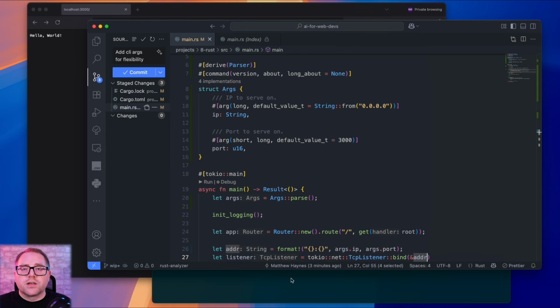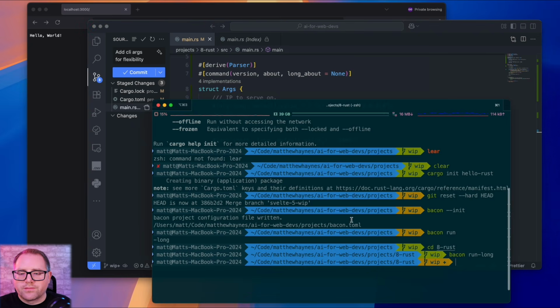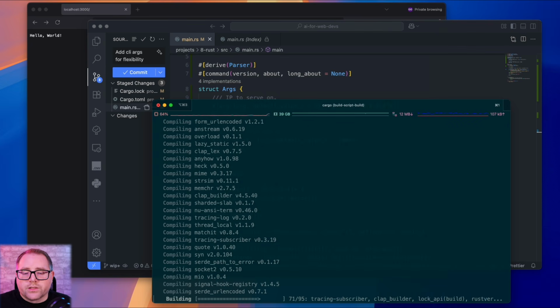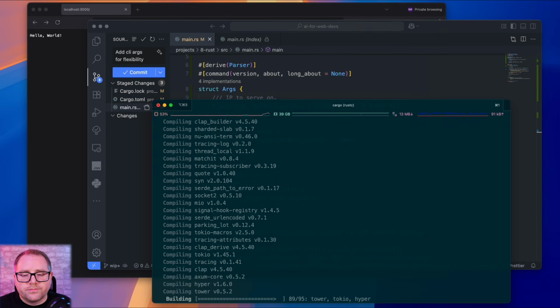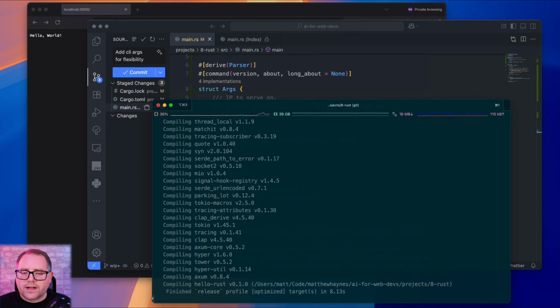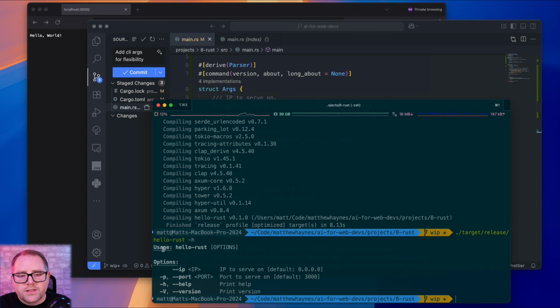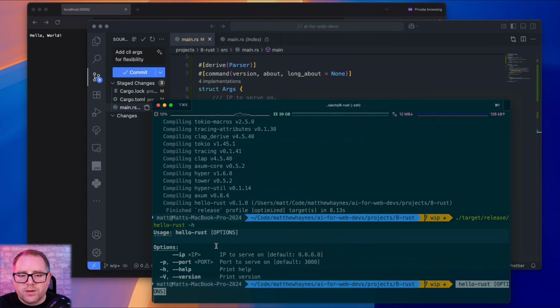So now, because we have some default values, we actually don't have to change bacon. But what we can do is, if I do cargo build --release, yeah, sure, why not? We can take a look at our command line helpers. So it's pretty nice that, again, if you were packaging this up and distributing it, if I were to do target/release/hello-rust -h, you can see here now we've got our hello Rust that pulled it over from cargo, and then we've got our arguments here.